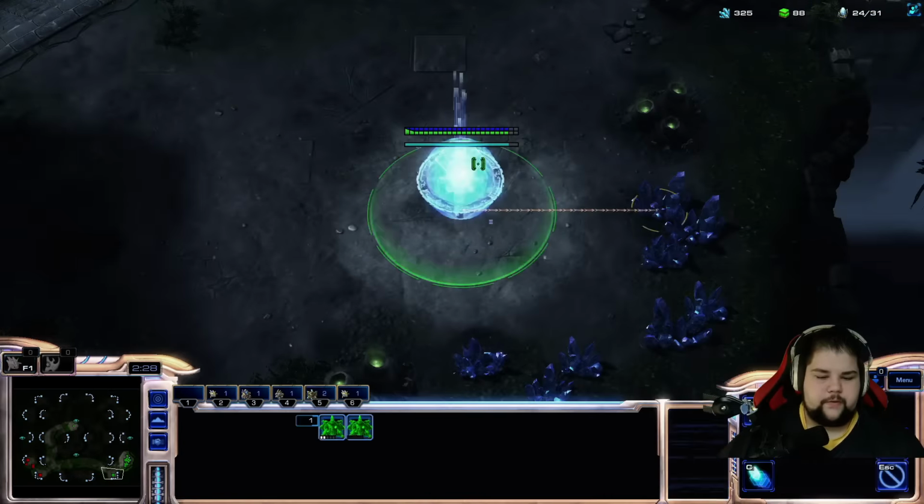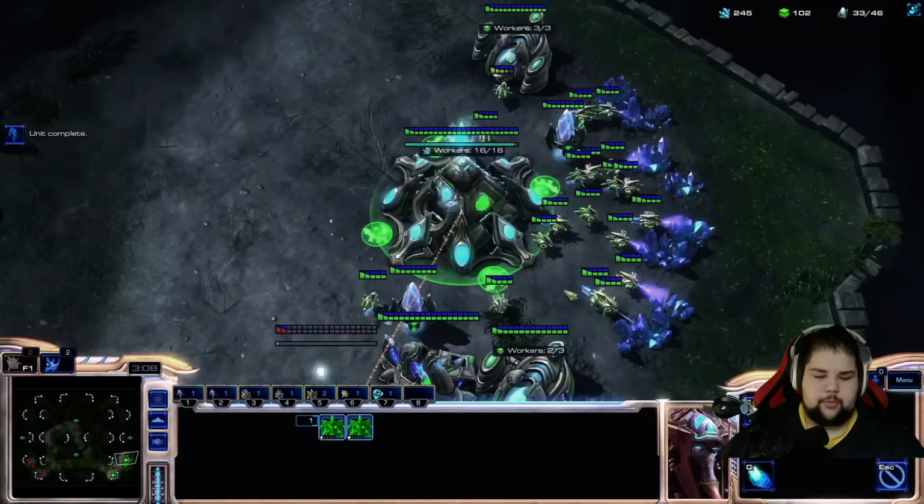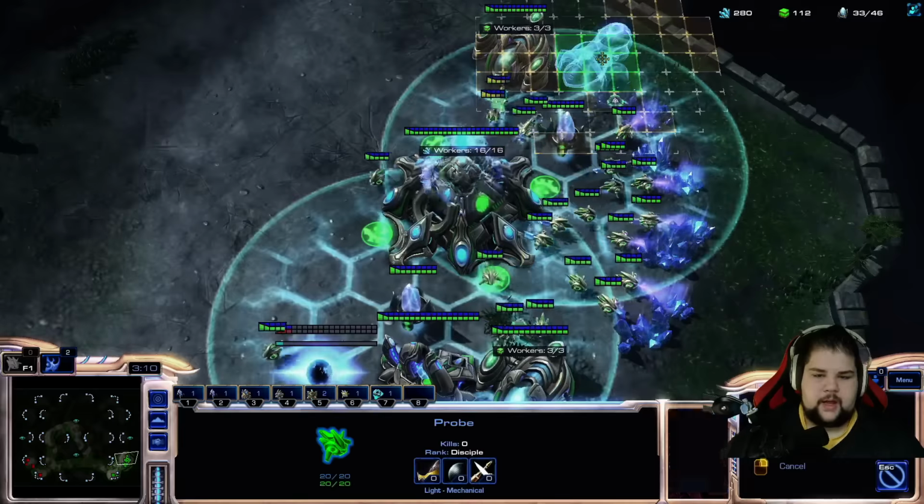I'm gonna put on a recharge here. We try to get a probe. So 1 photon of recharge does 30 damage. So 2 shots a Reaper. It's quite nice. We're gonna get a Robo. We're gonna get a Robo, and I think we're gonna get...